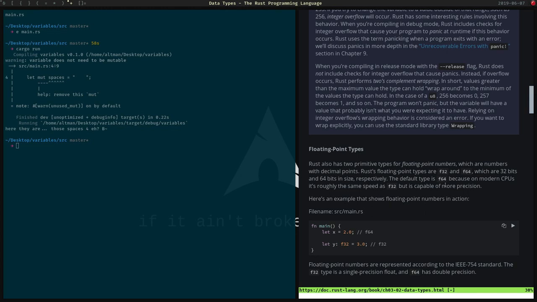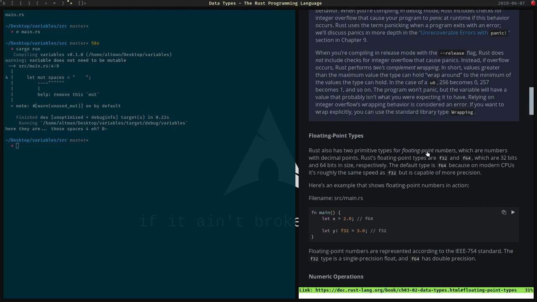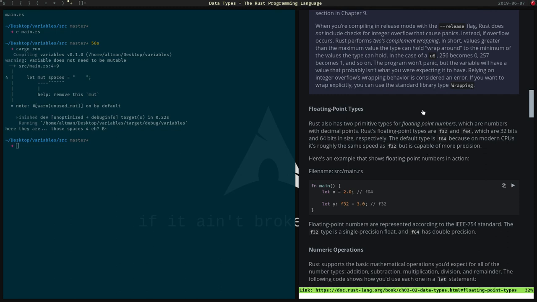257 becomes 1, and so on. The program won't panic, but the variable will have a value that probably isn't what you were expecting it to have. Relying on integer overflow's wrapping behavior is considered an error. If you want to wrap explicitly, you can use the standard library type Wrapping. Speaking of wrapping,